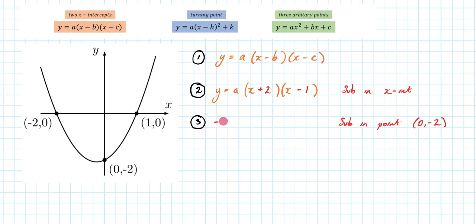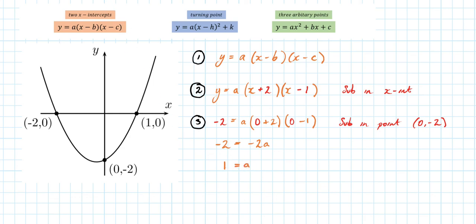So in my y spot, I'll put -2, a. In my x spot, I'll put 0, +2, close bracket, open bracket. In my x spot, I'm putting 0, -1, close bracket. Then I'm simply going to rearrange and solve for a. So I'm going to get -2 equals 2 times -1 is -2a, which means I'm going to get 1 equals